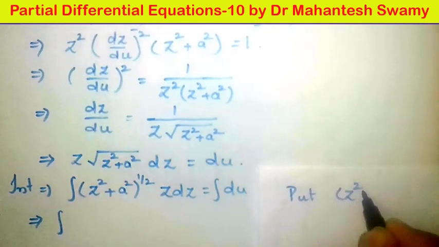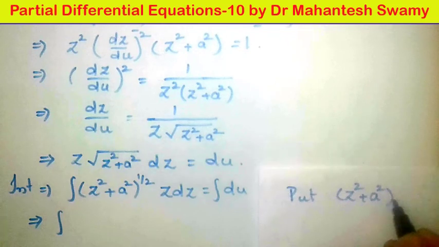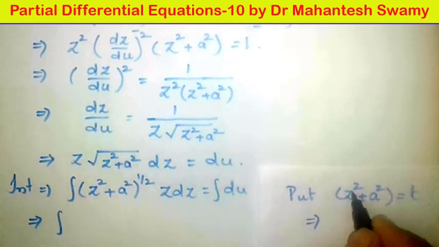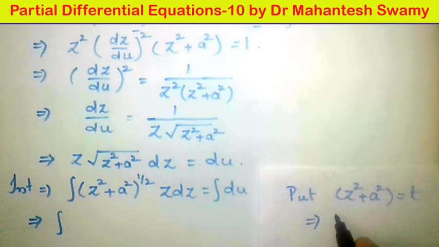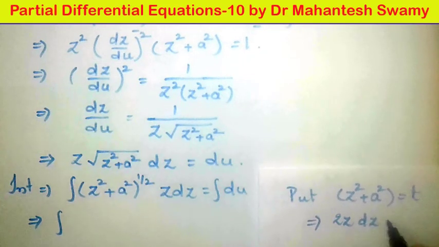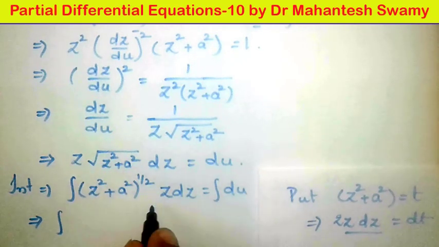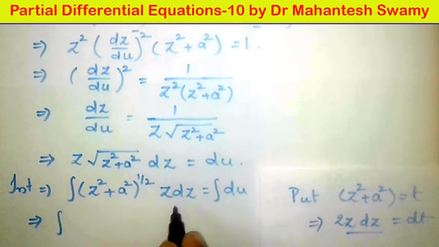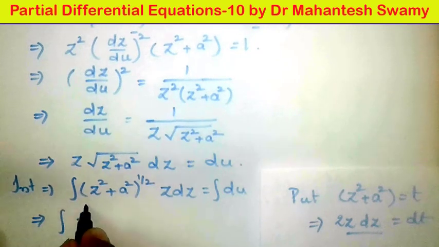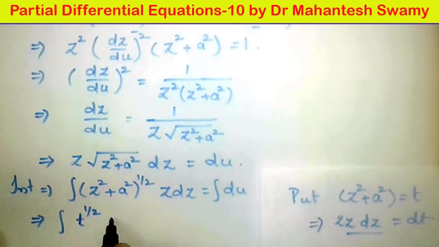z square plus a square equal to t. So if we take this substitution, it means the differential of this is 2z plus 0 dz. So 2z dz equal to dt, that means z dz equal to dt by 2, that we can write over here in this place. So therefore with this substitution, the integral takes the form, the value of this entire thing is t to the power half into dt by 2,